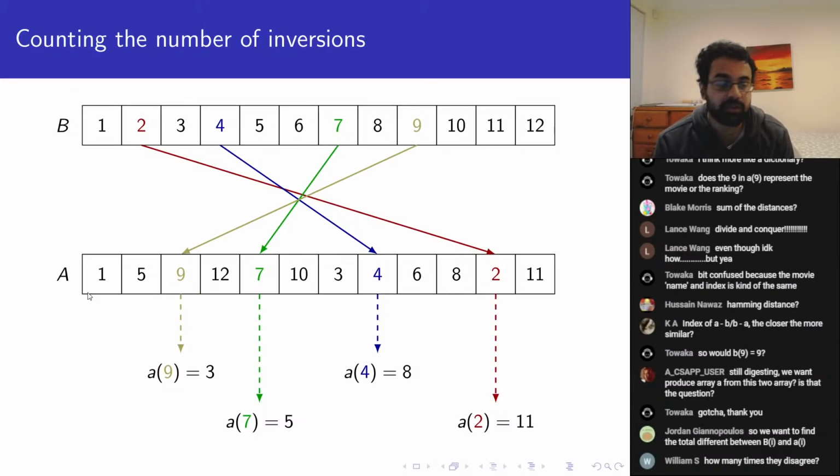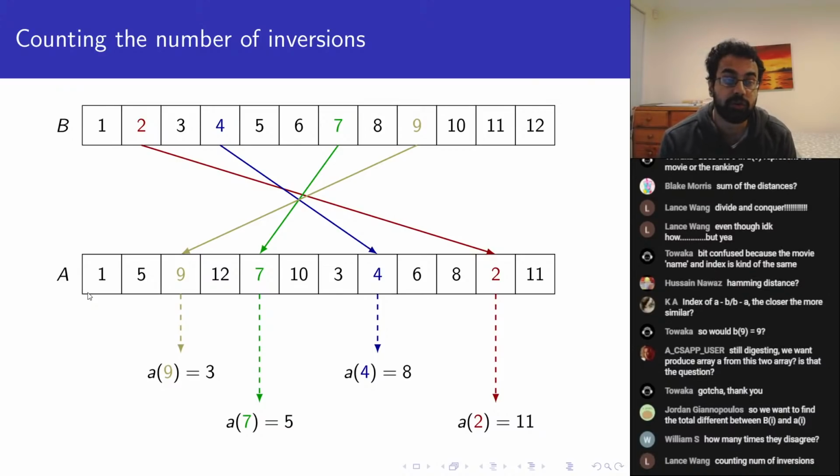how many times they disagree. How many times they disagree is an interesting one. It's certainly something that makes use of all the information, which is better than the first preference way I suggested. But there's a bit of a hiccup there, right? In the sense that two lists can be very similar, but have very few points where they agree. So,